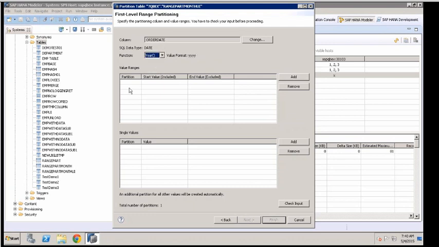Year of. So now, when you go range, you can specify the range or single values also. Range means here